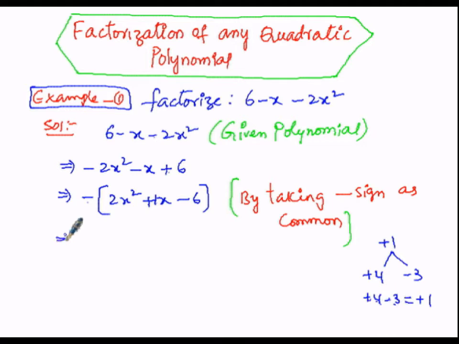So, minus of 2x square is written as it is, and instead of plus 1x I can write plus 4x minus 3x. Plus 1x is written as plus 4x and minus 3x, then minus 6 is written as it is. Plus into minus is minus, we subtract, 4x minus 3x is 1x, and to assess the sign, 4 is greater than 3, so its sign is positive. So, instead of plus 1x, I wrote it as plus 4x minus 3x.